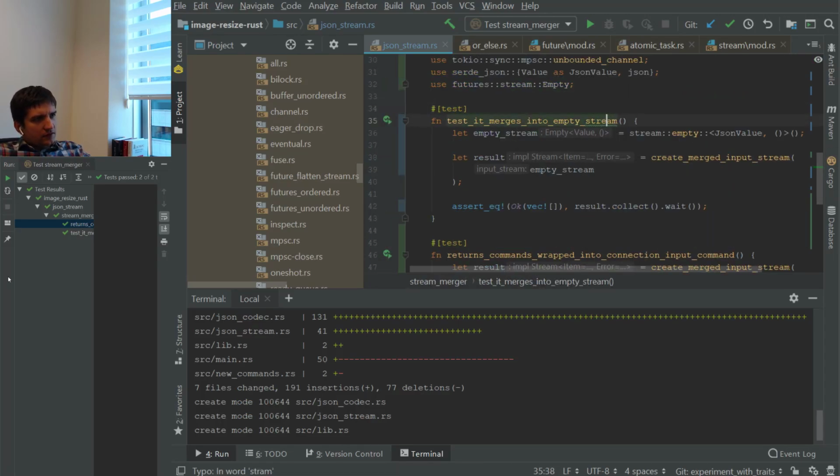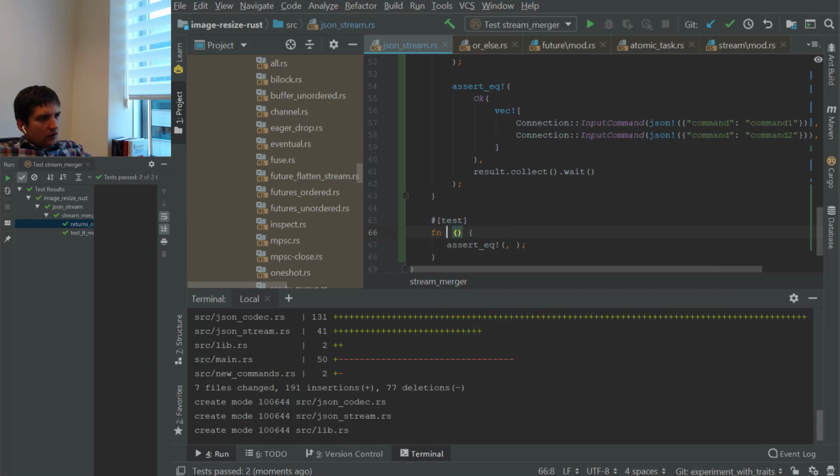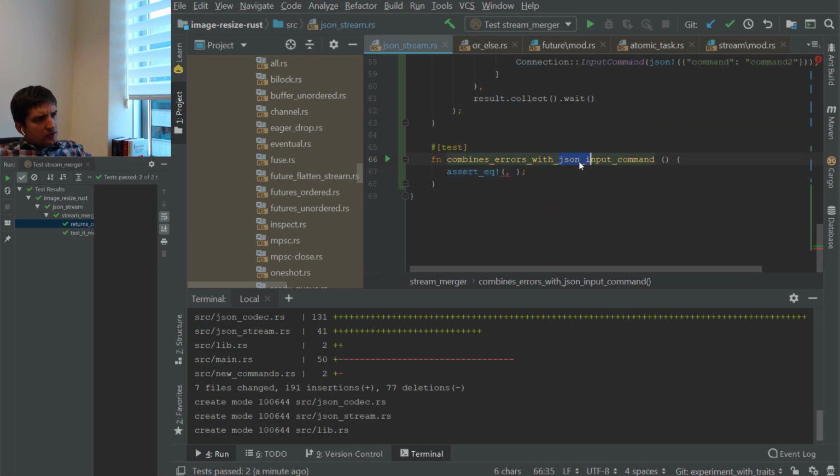Yeah, first of all, let's fix the name of the test case here. Now the next test is gonna be combines errors with JSON input command. Okay. Here we are. Always input command into one stream of data. Good. Now we can